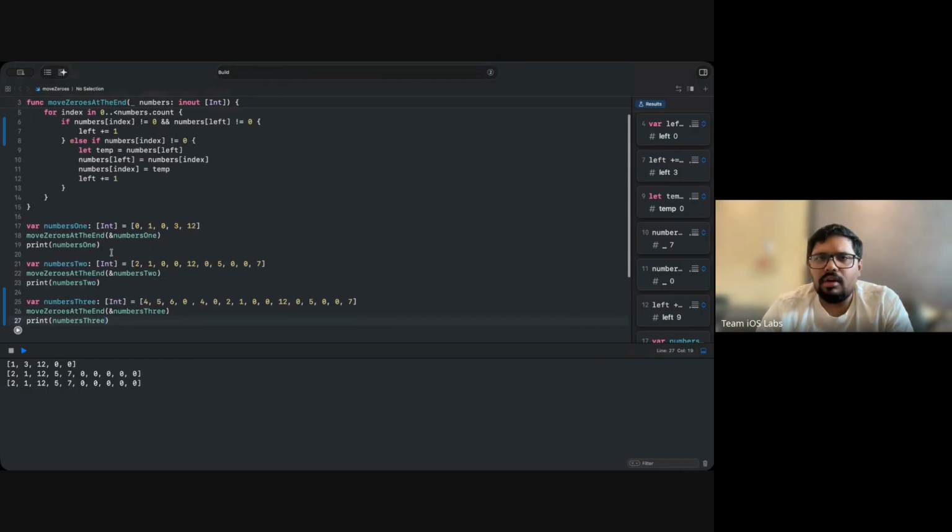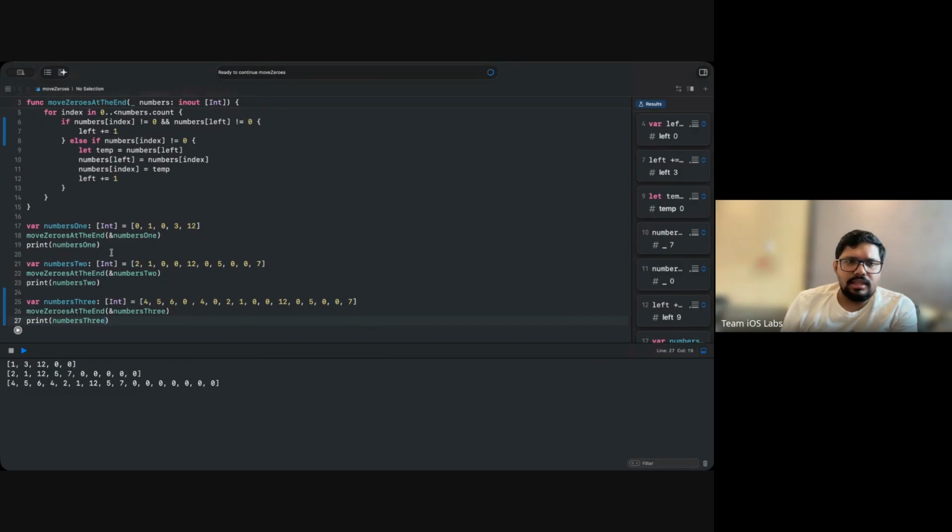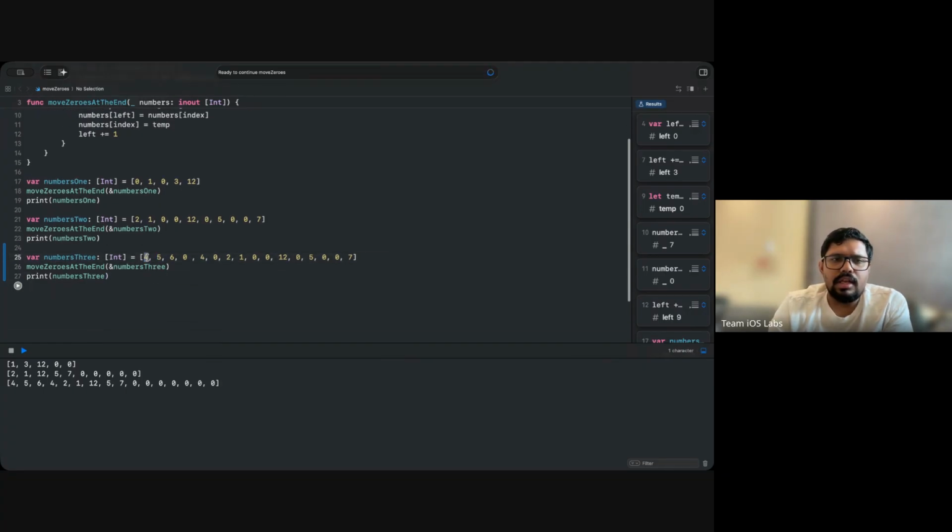So what our algorithm is doing: whenever it finds any non-zero element, it basically swaps with the left one. Initially your left is at the first pointer, right at the zeroth index. But we know that even the left is right now a non-zero element, so no need to swap these two. Left and right are both non-zero, it will again swap, basically. So your 4 is swapping with the 4 itself. Then you increase your left pointer to 5, and your right is also at 5 right now. Then again you are swapping 5 with 5.